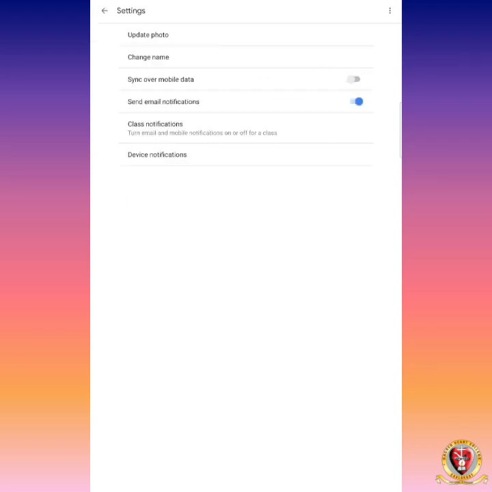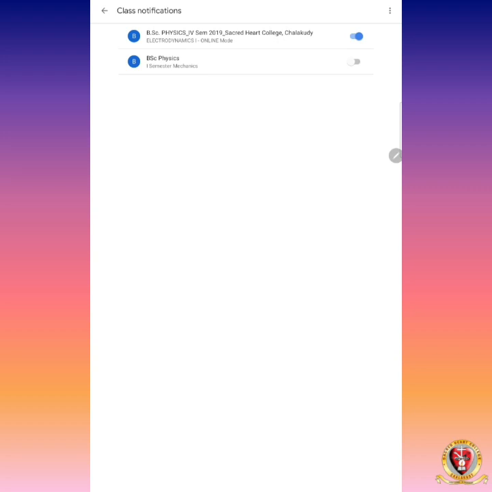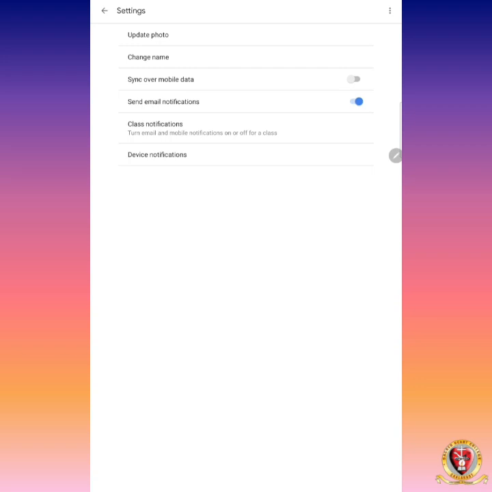Okay. Next one is the class notifications. If you are not supposed to have all the class notifications as your email notification, you can turn it off. If you turn it off, you will not get all the notifications in Gmail. Otherwise, each comment by each student will appear as an email notification. So it is your choice. I turn it off because I don't need any class notifications. That can be done in the settings page.